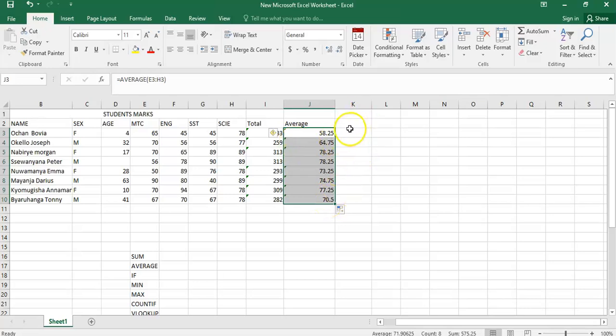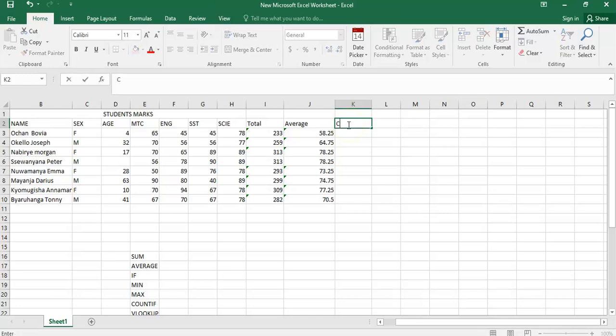Then maybe I can also give it a comment. Let me give a comment depending on the total. So I say comment, and for the comment I use the IF function. So I say equals IF, to check whether the condition is true, and when it's true, say demoted. When it's not true, then say